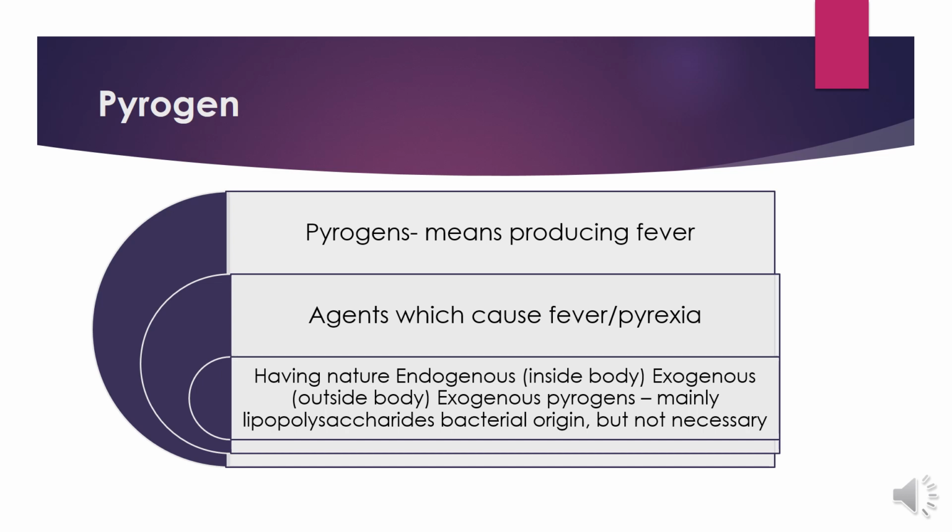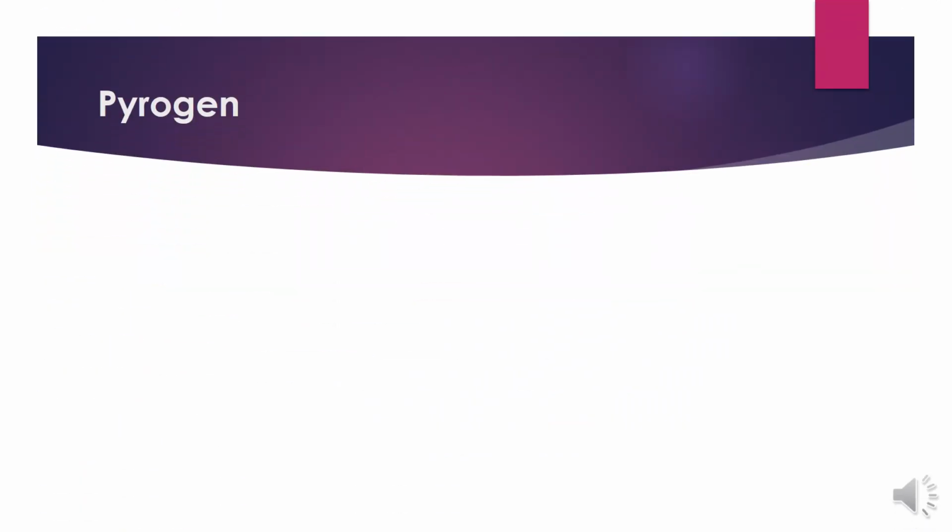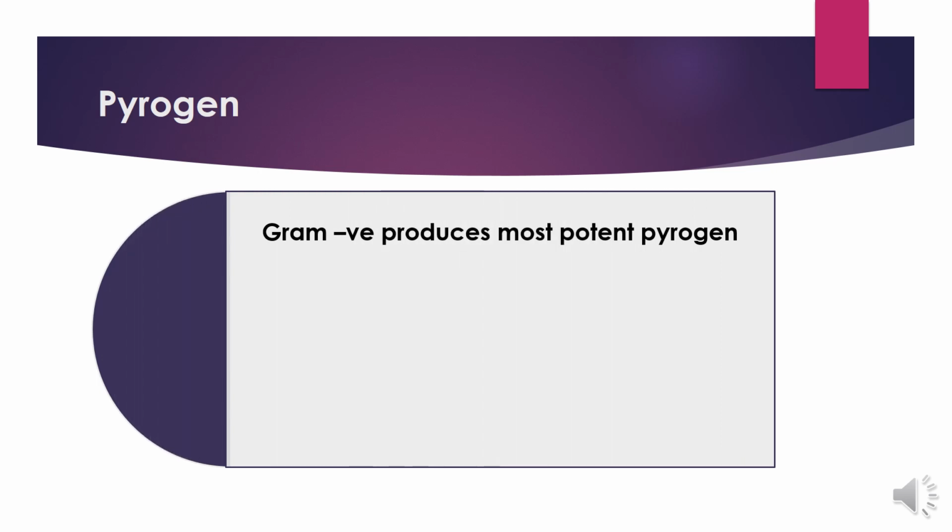and chemically they are lipopolysaccharide in nature. So they have a lipid and a saccharide portion in them. Among the most important origin are the bacteria. Among those bacteria, gram-negative bacteria produce the most potent pyrogens, meaning they have more capability to cause fever, a little bit more severe fever, or a high rise in the body temperature of humans or animals.